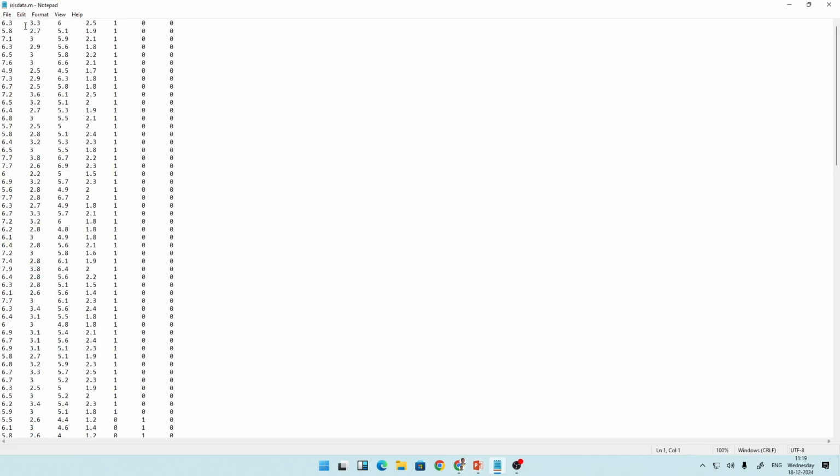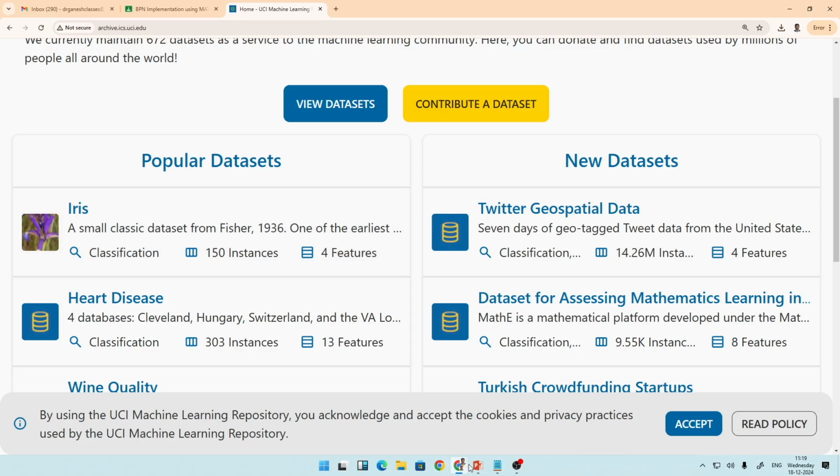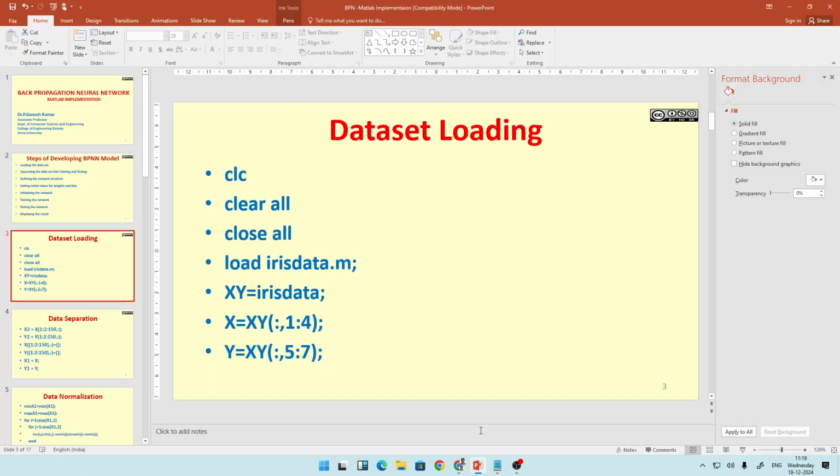So, that first column corresponds to the sepal length, the second column corresponds to sepal width, the third column corresponds to petal length and the fourth to petal width. So, these are the 4 pieces of information that are needed. Now, when you load it into the MATLAB environment, so what you get is,